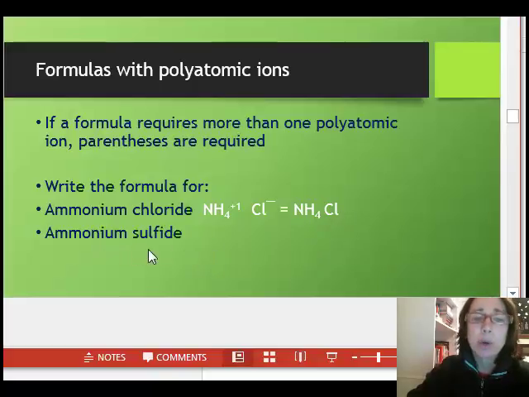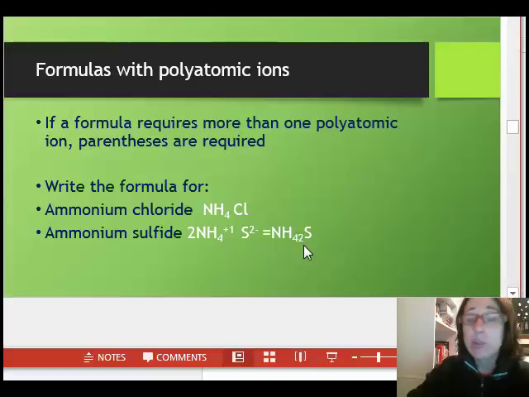Looking at ammonium sulfide, sulfide has a charge of -2. Thus, the +1 charge of ammonium doesn't cancel out the -2 charge of sulfide. We need two ammonium cations for an overall charge of +2 to cancel out the -2 of the sulfide. However, if we write a subscript of 2 after the ammonium, the formula actually reads capital N, capital H, subscript